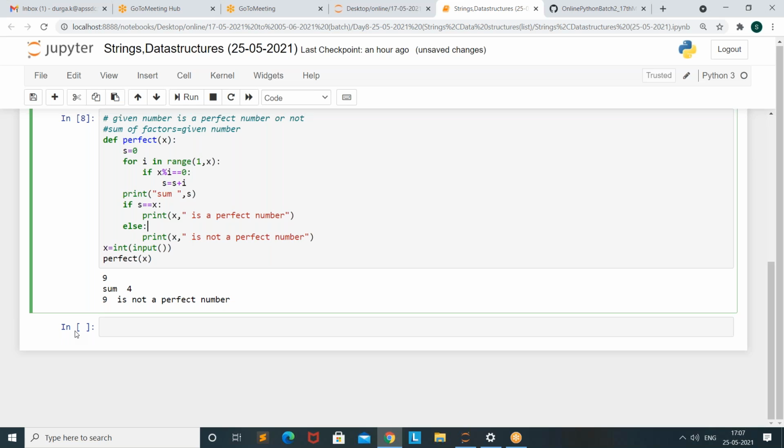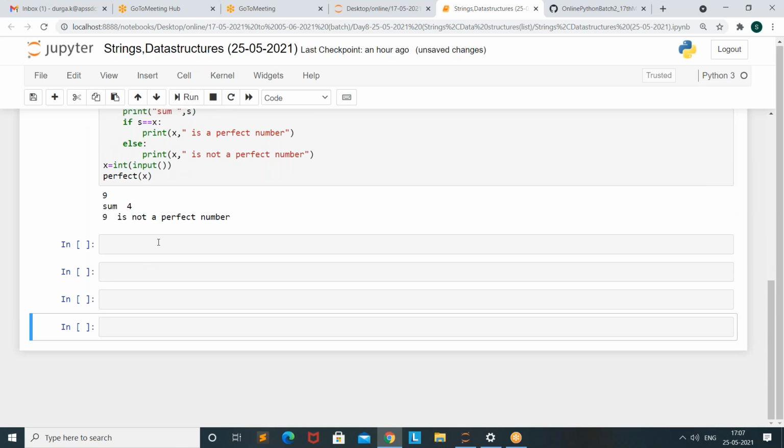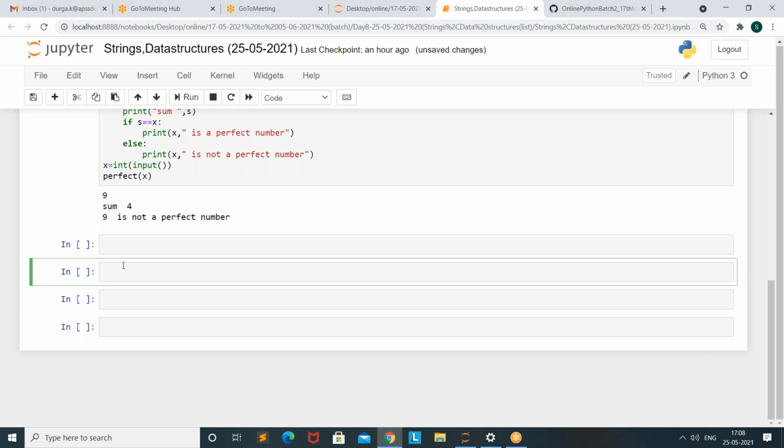Okay. So in yesterday's session, what concepts were covered? Function arguments. Yesterday's session on functions is completed. So today the topic is strings.